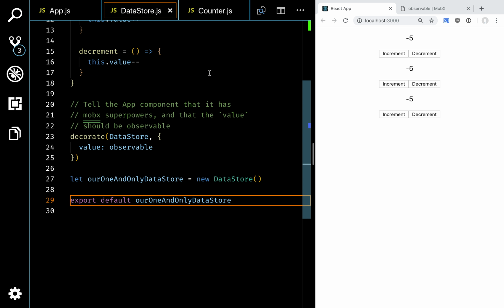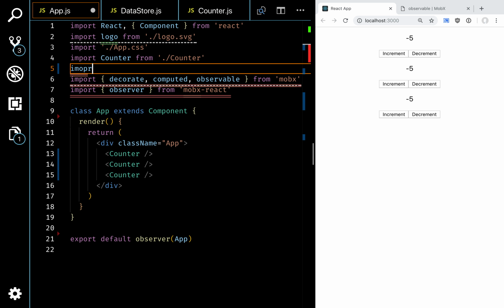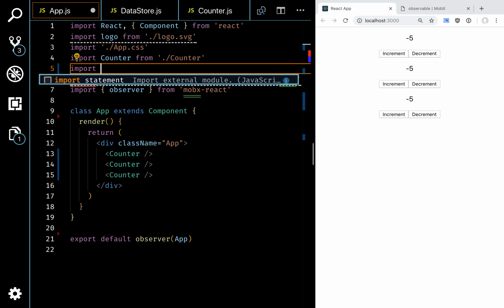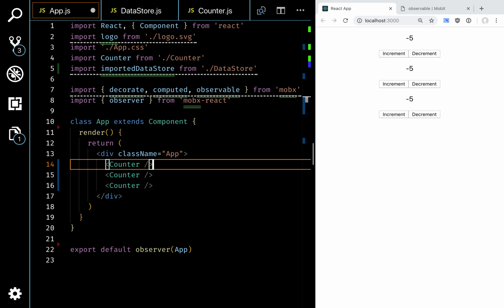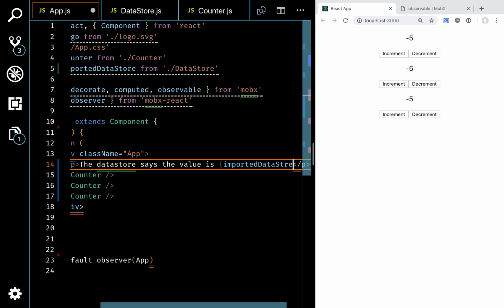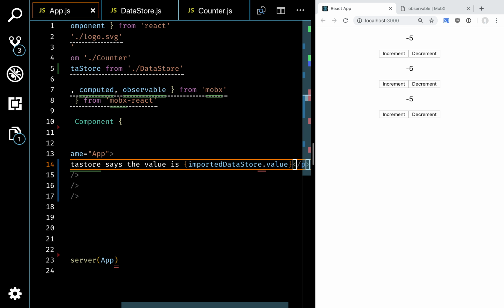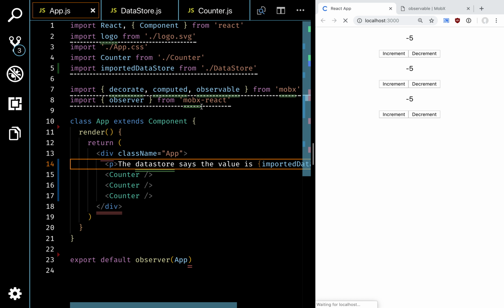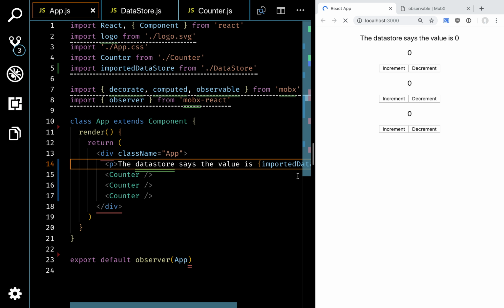What if I wanted to, on my app, also import it? And what if up here, I just wanted a p tag? Now, anywhere where I import this data store and display it, as long as that component is observable,